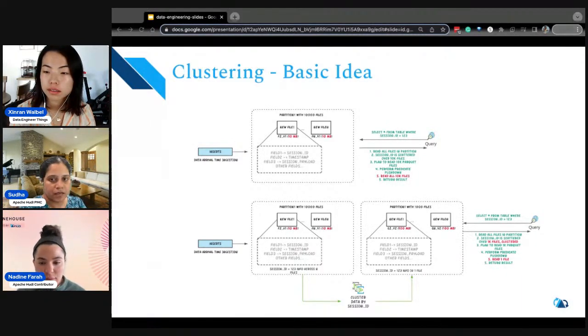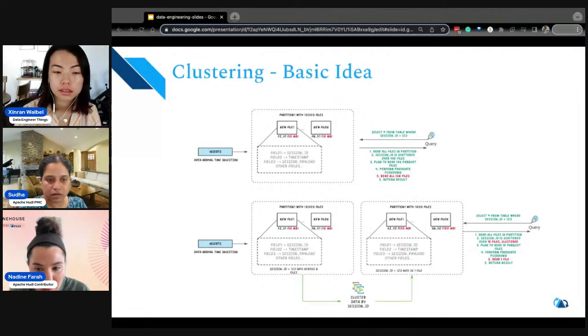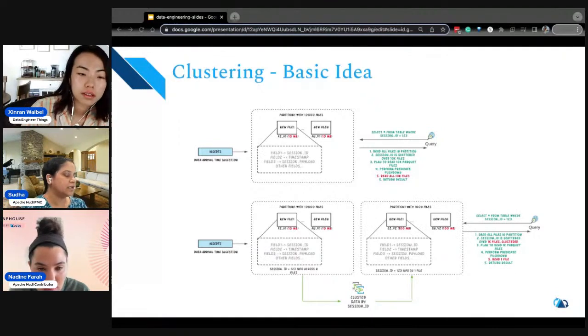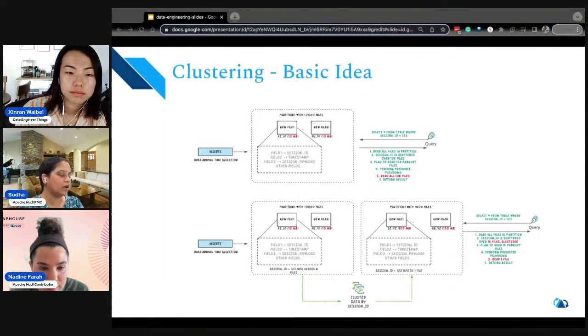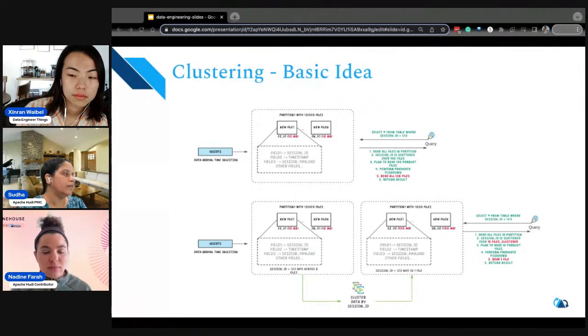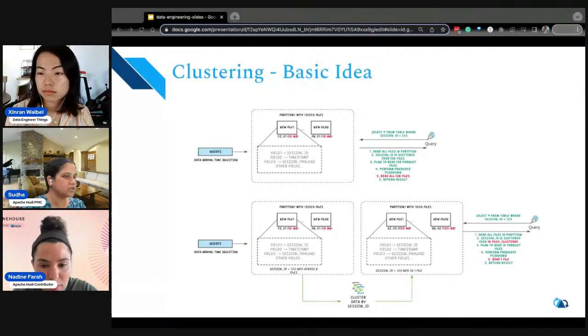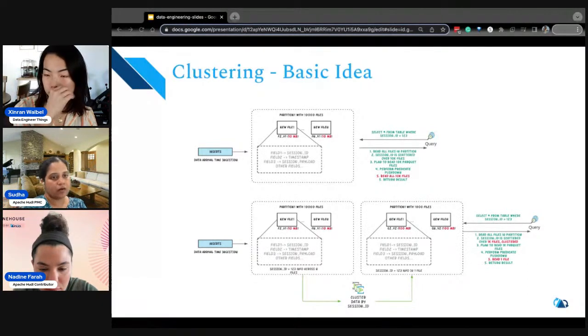Yeah. Thanks, Nadine. Let's discuss more details on how clustering can actually help query performance. So here on the top, we have this unclustered table. We have about 10K Parquet files in the table. Let's assume that we have a select star query from the table with a filter on session ID equals 1, 2, 3. If it's unclustered, this session ID is scattered all over the 10K files, right? So this is a known problem. The query planning would say, oh, scan all the 10K files